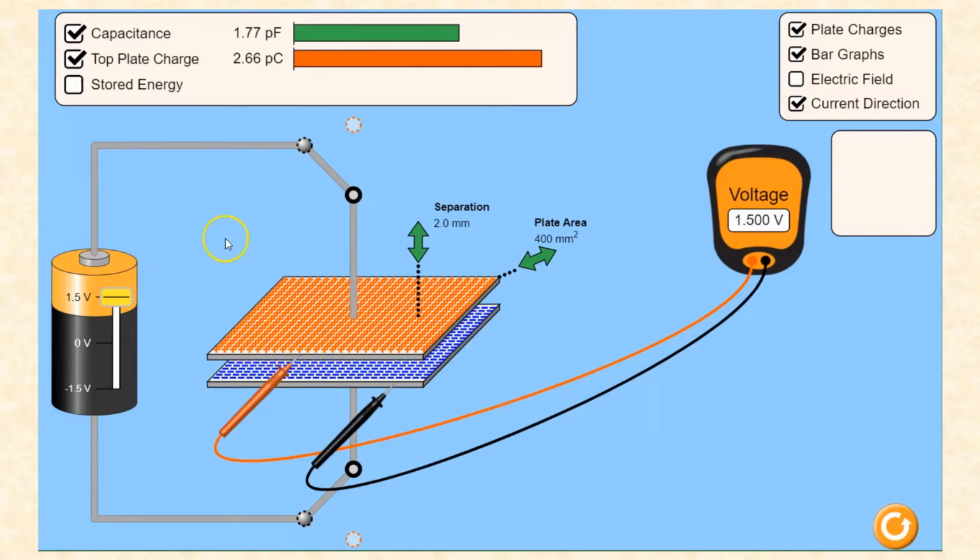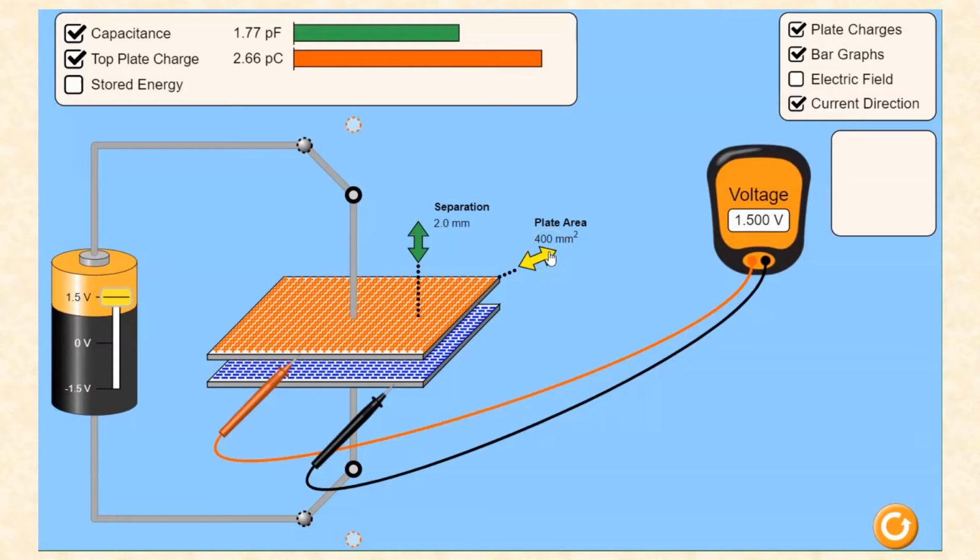What I now want to take a look at is how changing some of these geometries, like the plate area and plate separation, will affect the capacitance of the capacitor. So let's keep our capacitor charged with this voltage of 1.5 volts, and we will start here